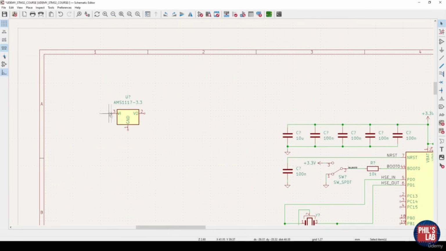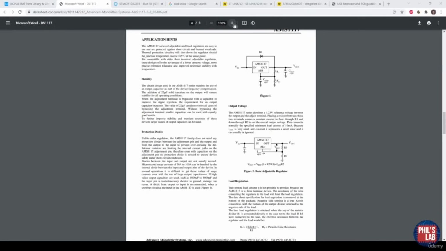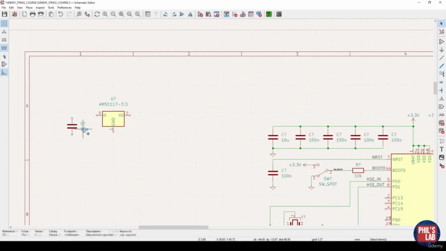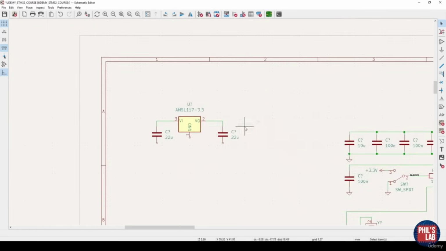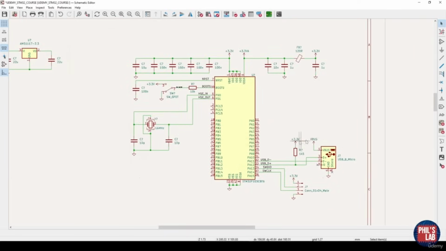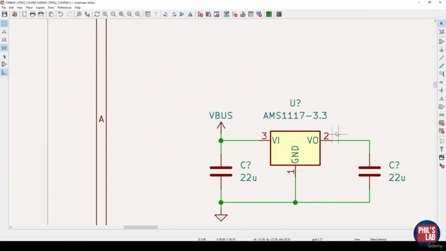Linear regulators always require input and output capacitors for stability. And a quick look at the AMS 1117 datasheet, going to page 4, we can see under the stability that we require at least 22 microfarad capacitors on the output at least, and always add on the input a similar size capacitor to make sure this device is stable and functions well. And these are called bypass or decoupling capacitors as well. So I can copy a capacitor, change it to 22 microfarads, and place it next to the device. Then I need to hook up ground, like so. At the input of my device, I'll have my V-bus over here, and at the output, I'll have my 3.3